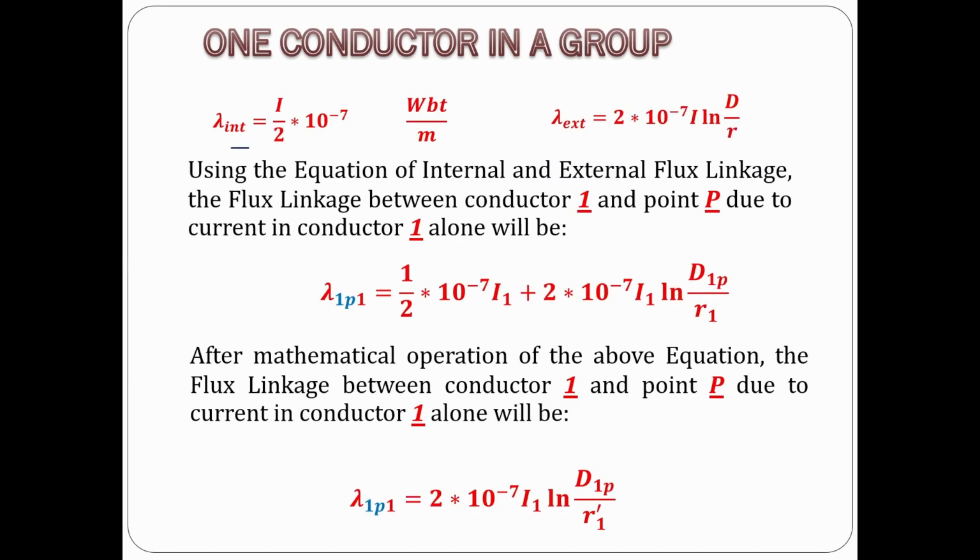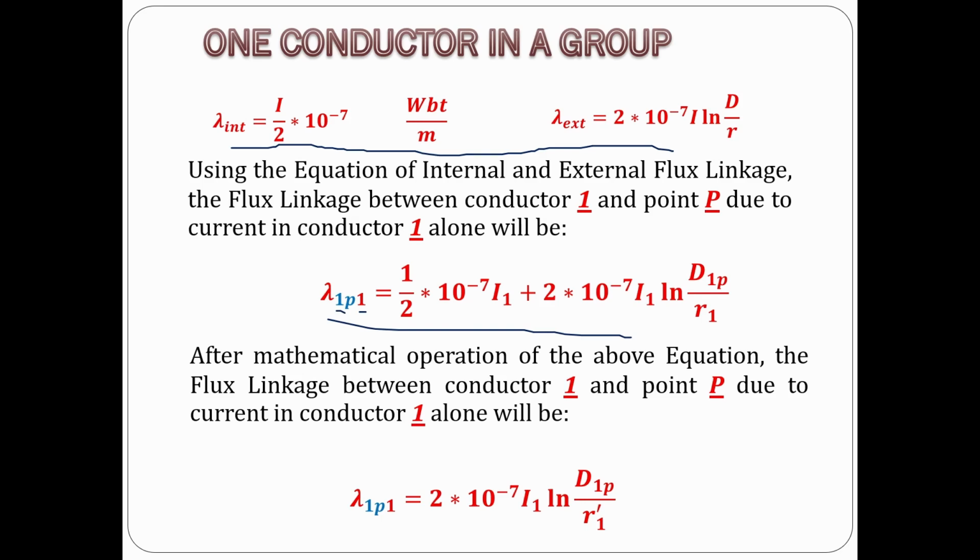This is the equation of internal and external flux linkage we already derived in part 1 and part 2 of my lecture. As I said earlier, we will use that equation in getting the flux linkage between conductor number 1 and point P due to current in conductor number 1 alone. And this will be the resulting equation. Flux linkage between conductor number 1 and point P due to current in conductor number 1 alone is equal to 1/2 times 10 to the negative 7 I1 plus 2 times 10 to the negative 7 I1 ln D1P over